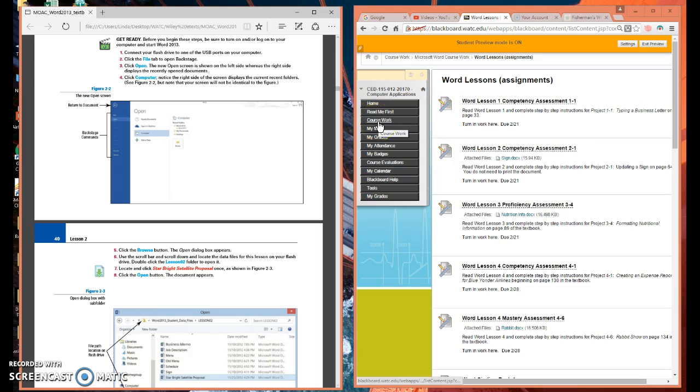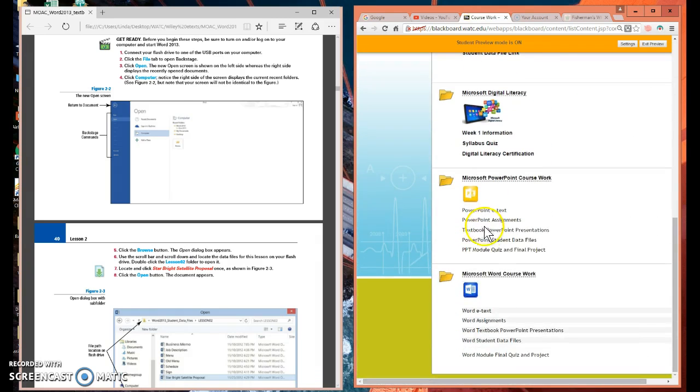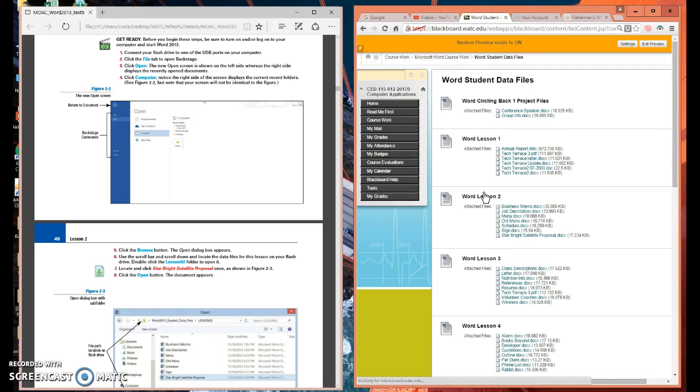If I go to coursework and go to the Word area, I can come down here to the Word student data files, and I can go to lesson 2 and find that Starbright satellite proposal right here. Open that up,